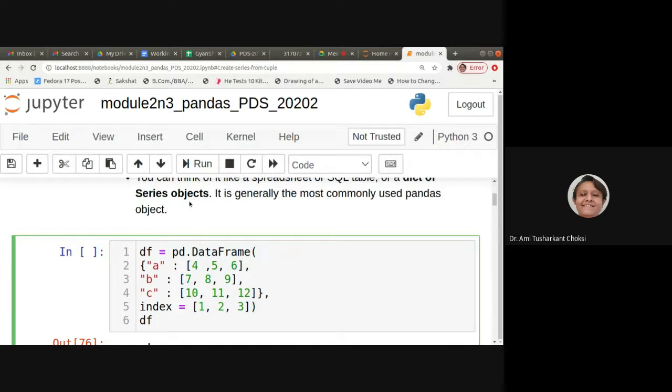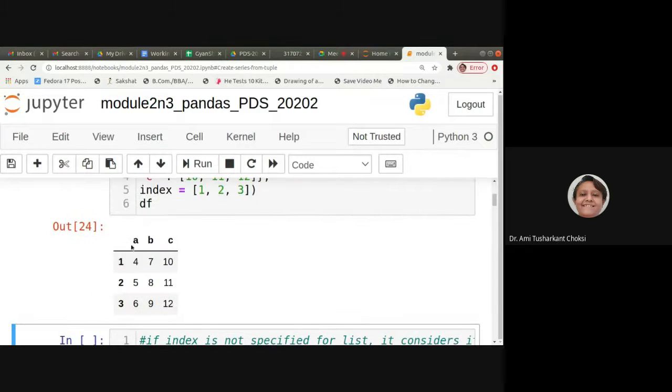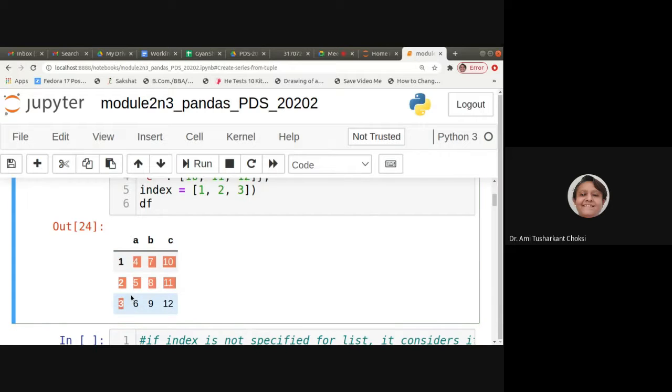Now, if we print this data frame, 1, 2, 3 is the index. For the columns A, B, C, the values are 4, 5, 6, 7, 8, 9 and 10, 11, 12, right? So it looks like a row and column architecture, right?